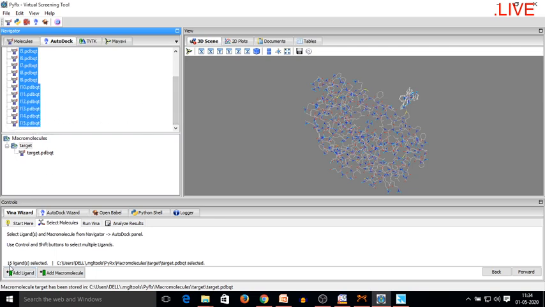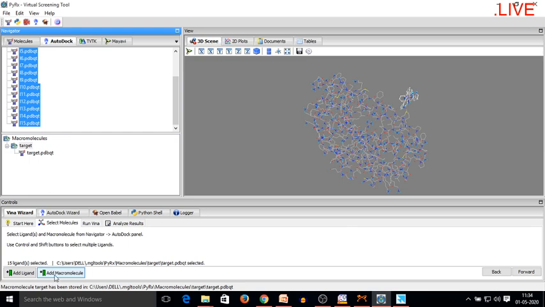Now you can see the 15. I initially told you we prepared a library of 15 molecules, and these 15 molecules were saved as ligands in a particular file format, that is .pdb, and this file format was called in PyRx, which automatically converted it to the .pdbqt format, and now we have selected all the 15 ligands.